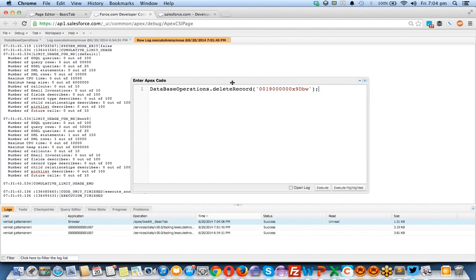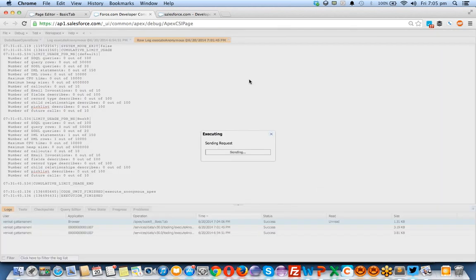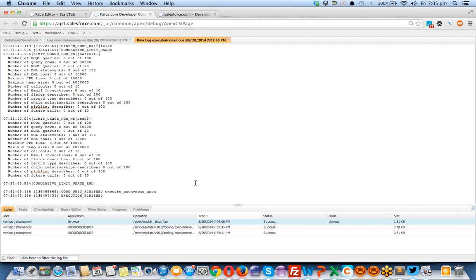Okay, now I'm passing only the record ID of the record, Wipro record. Execute. Okay, now this record will be executed, and I see one more log here. See, each and every operation what you're doing here, you see a log. When I opened a basic tab, Apex page, I see a log for that. It's saying this log is opened by Venkat, means the user is Venkat, and this is system complete log, and you see every the operation here.